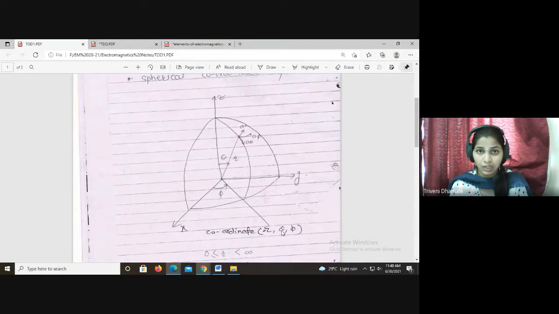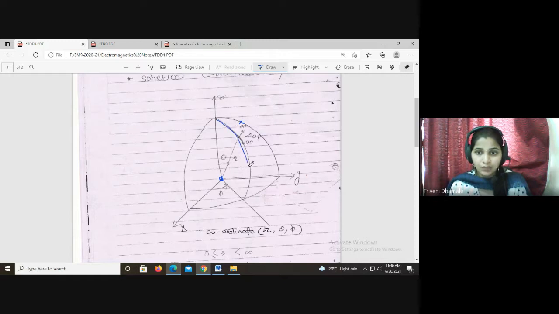Theta is the elevation angle, like vertical angle measurement. It is up to 180 degrees, and phi is a complete 360 degree rotation, that is the azimuth angle, and this is the elevation angle. So now on this sphere, this is the diagram. Suppose this is showing the outer part of the sphere. From the origin of the sphere up to the surface is the radius of the sphere, that is r. Along this r, there is the unit vector a r cap.